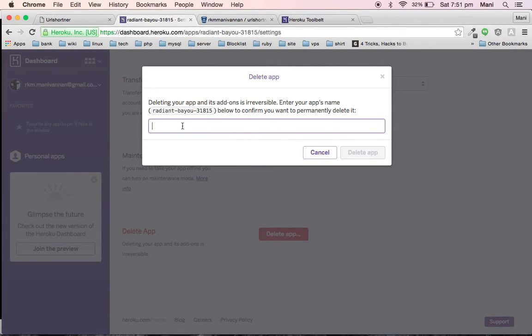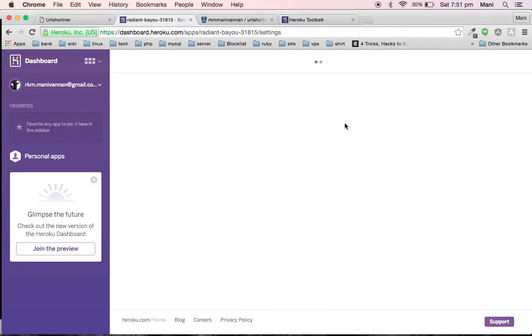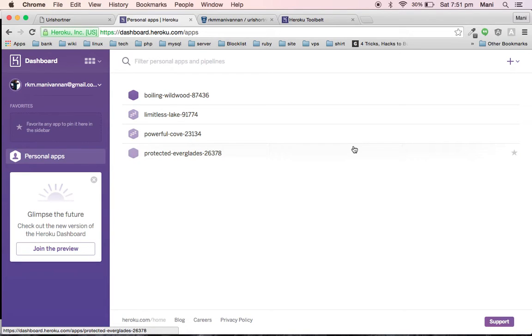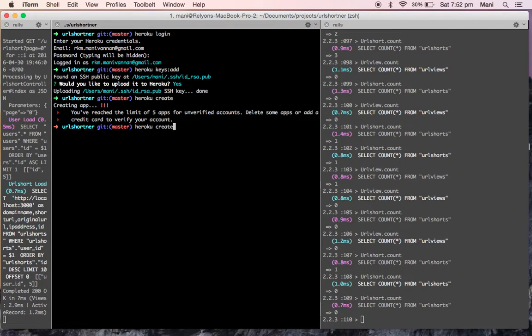Deleting app. Enter your name. So Heroku provides 5 free apps for a free login. So now I have only 4.